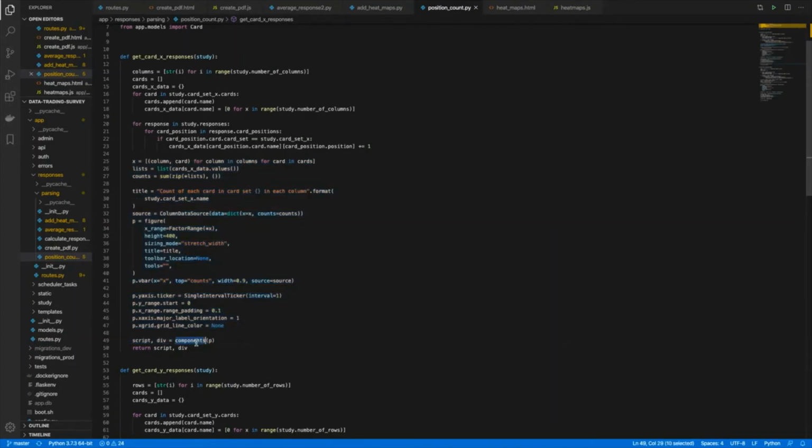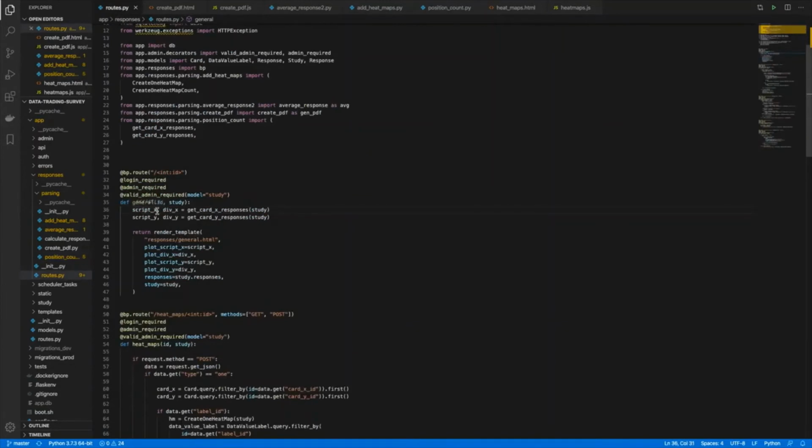The components method down here, provided by Bokeh, returns a script and a div string, which is then returned back to the endpoint function here. So both scripts and divs are passed into the render template function here as arguments, so the bar chart can then be rendered with the interface. The script here is JavaScript, which actually renders the bar chart, so I don't have to write any extra code to render the bar chart. It's done automatically through Bokeh.